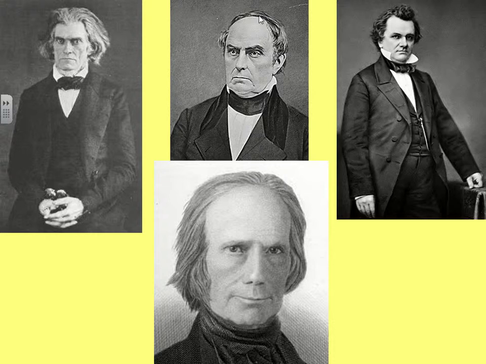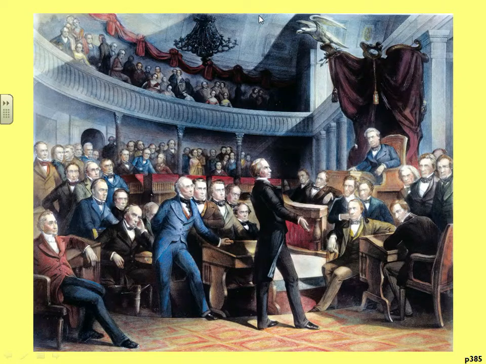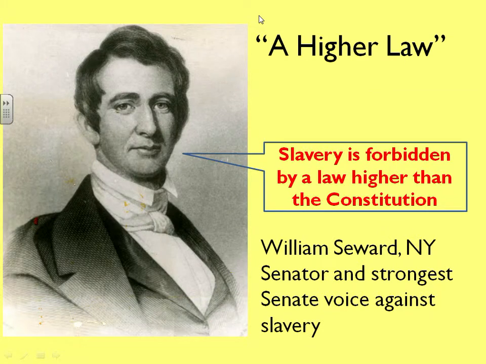And as the deal's put through, we're thinking, great, solved this issue, but symbolizing that the issue is not yet resolved is William Seward, a young senator from New York. He put out a famous speech saying slavery is forbidden in this nation, not by the Constitution, but by a higher law, a law higher than the Constitution, and he means by God. It's showing that you might have compromised on this, but we're not just going to let this possible expansion of slavery stand. As a leading abolitionist voice, he symbolizes that the issue's not over.